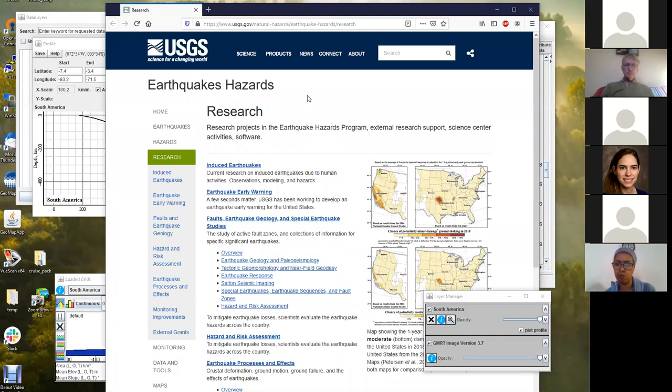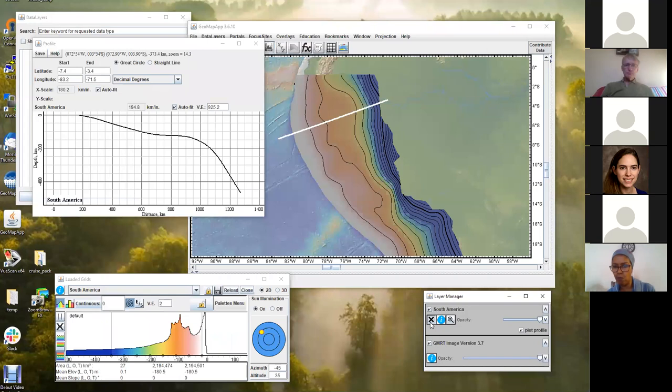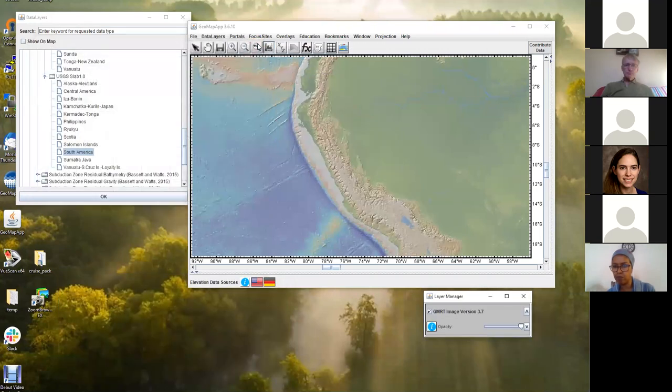The USGS occasionally changes its URL, so the one we were pointing to before maybe got subsumed by something else. But if you click on that, it should take you to the source of data. Okay, so let me get rid of this and get rid of that. And let's look at,